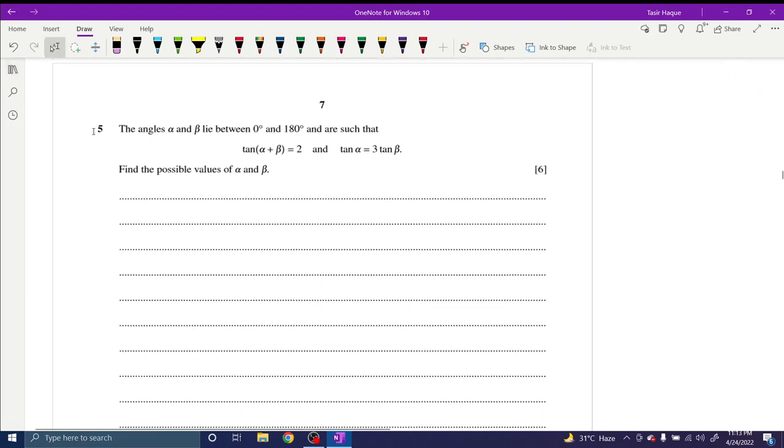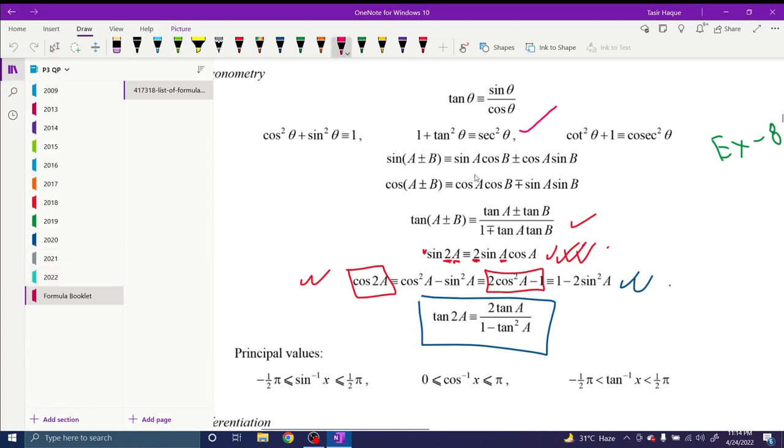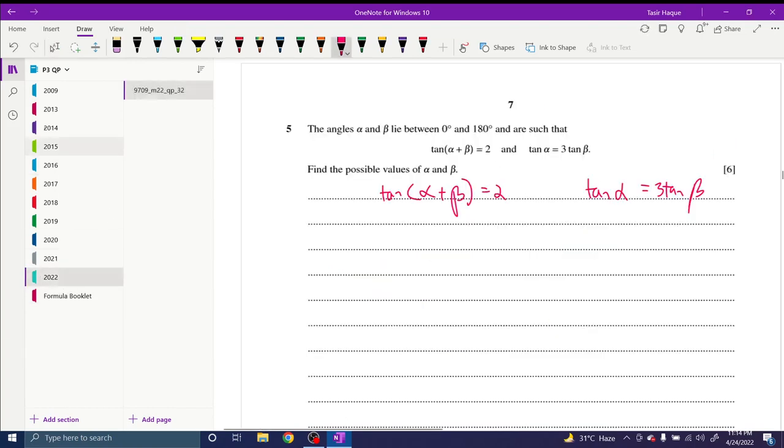Number 5, straightforward sum. Okay, trigonometry. We have tan alpha plus beta is equal to 2, and tan alpha is equal to 3 tan beta. So we should apply tan A plus B here. That's the best course of action. Okay, we can apply tan A plus B. That's in the formula booklet over here. Tan A plus B. So tan A plus B is equal to